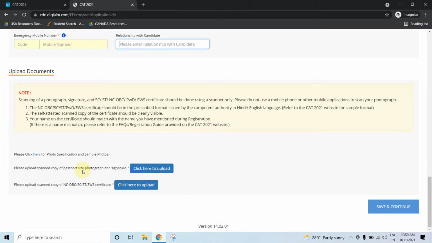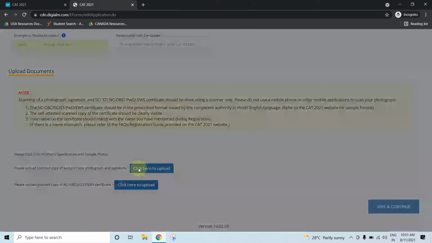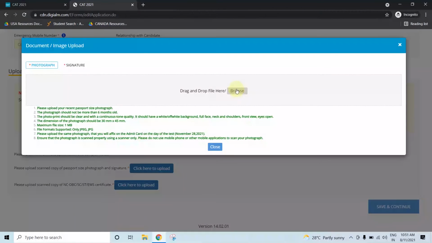And now you have to upload your passport size photograph and signature over here. Take a passport size photograph and a signature which should be clear. Both images should be clear, and you have to compress the image to 300 KB or less.